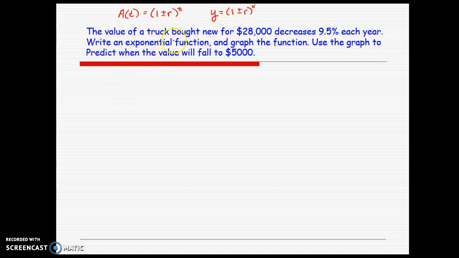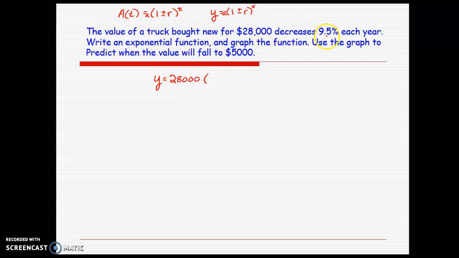Okay, the value of a truck bought new for $28,000 decreases 9.5% each year. Write an exponential function and graph the function. Use the graph to predict when the value will fall to 5,000. Okay, so we're going to have y equals your initial value. Oops, forgot that in both places. Your initial value, 28,000,